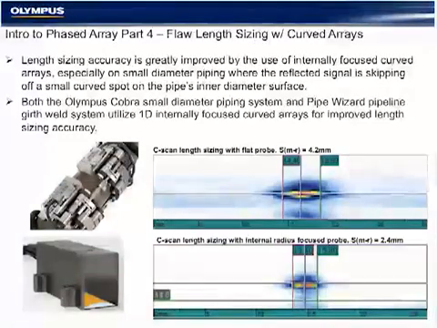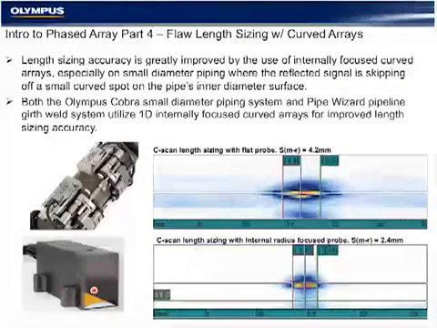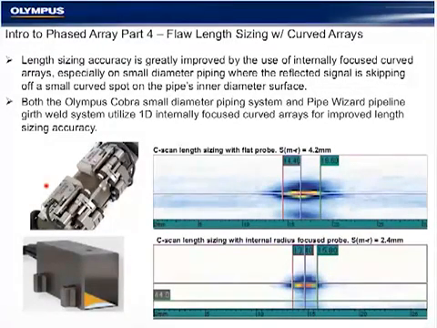For that reason, the use of curved arrays, like we use in Pipeline in the Pipe Wizard series, or like we also use in the Cobra series for small diameter piping, is very beneficial. When we are trying to identify sharply and accurately the length of a flaw, having an internal radius focus for the probe allows the C-scan and B-scan data to be much sharper and clearer